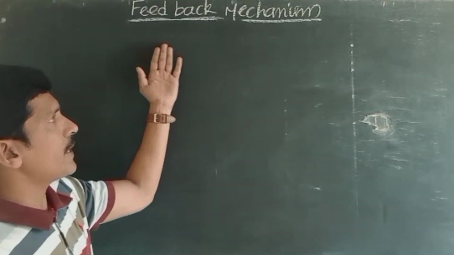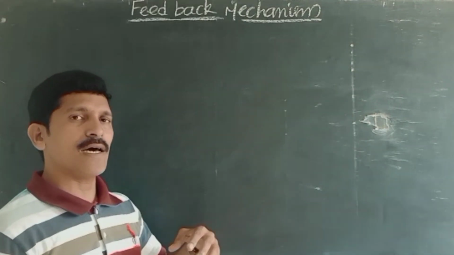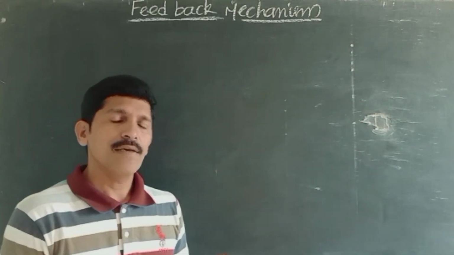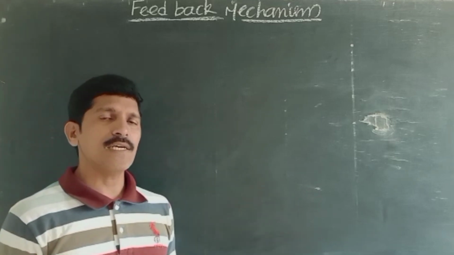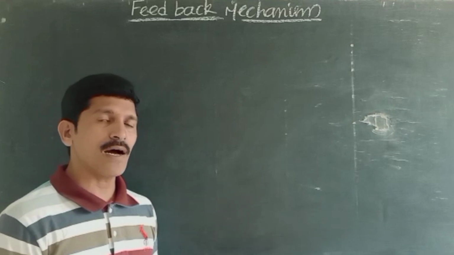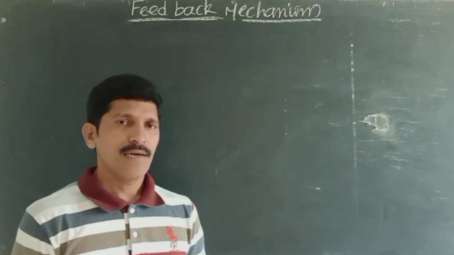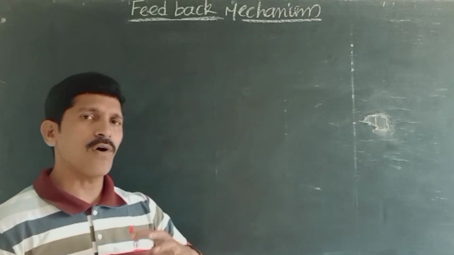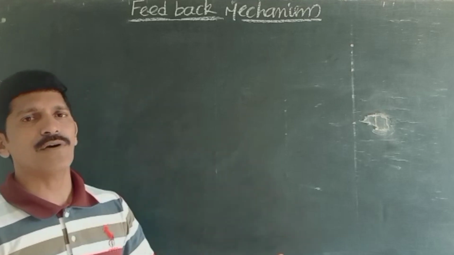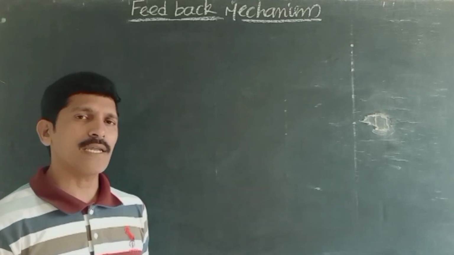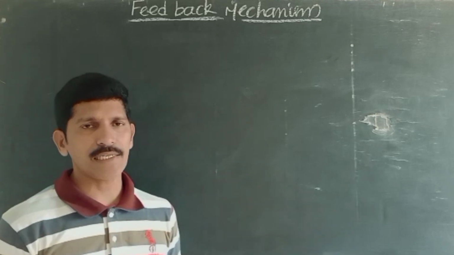Discuss the feedback mechanism. Generally in the higher organisms, the highly placental mammals, coordination is brought about by the nervous system and also by chemical coordination, that is, the endocrine system. The endocrine system also brings coordination, and it contains all the endocrine glands. All these endocrine glands release their hormones and bring a lot of change in the biological activities of an